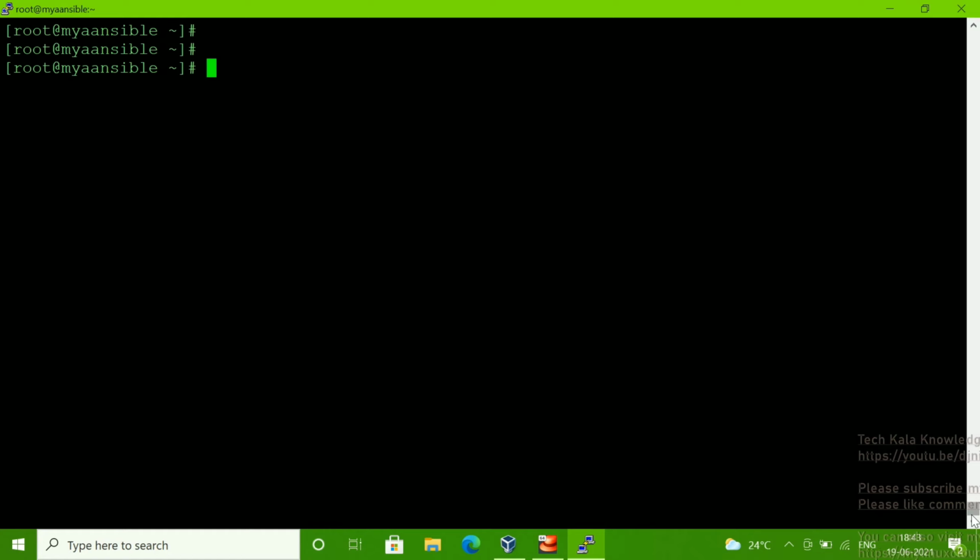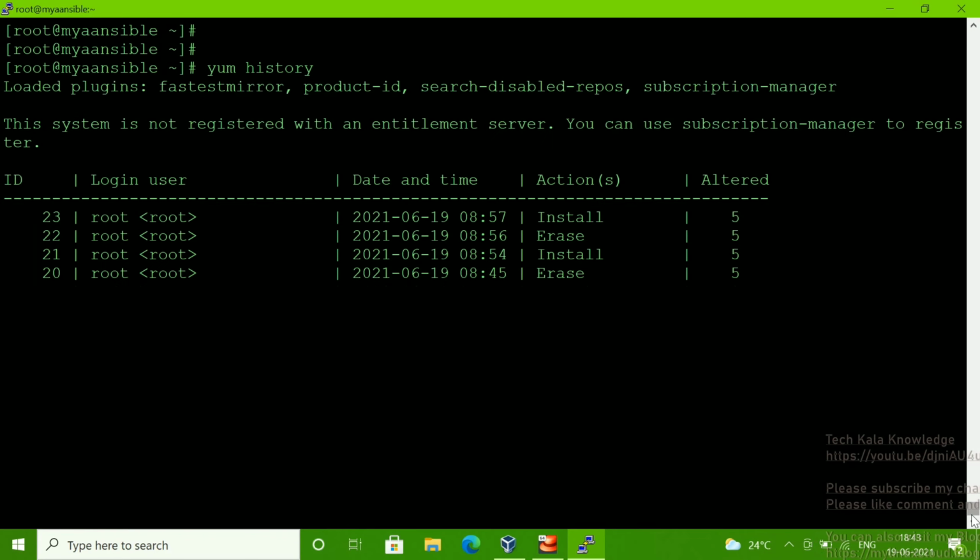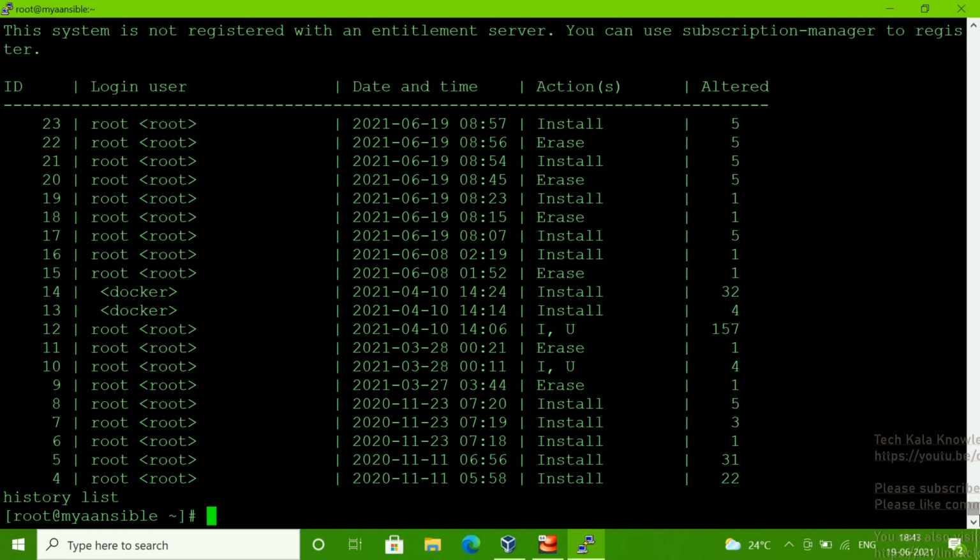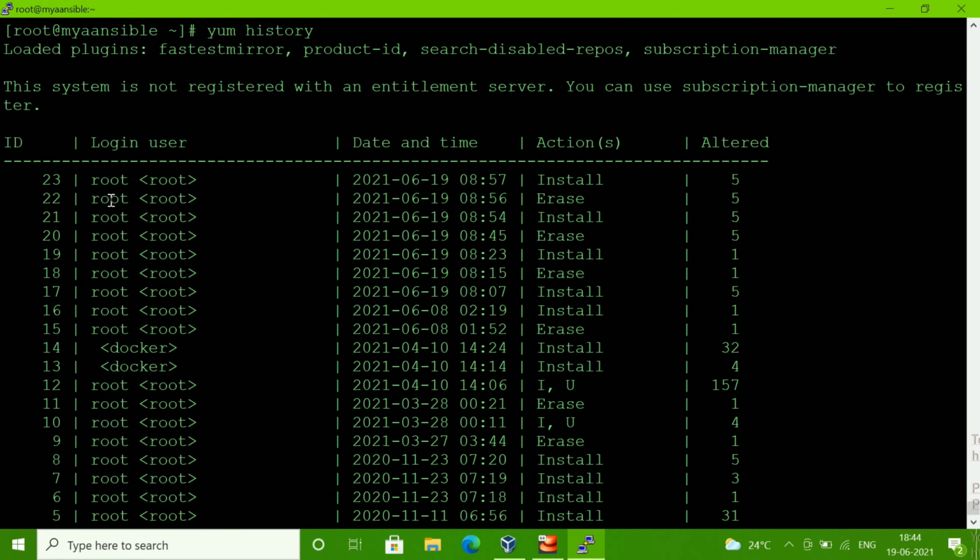You check through the yum history command. If you run yum history, you can see it shows all those details: the user who logged in, the ID, and the date.